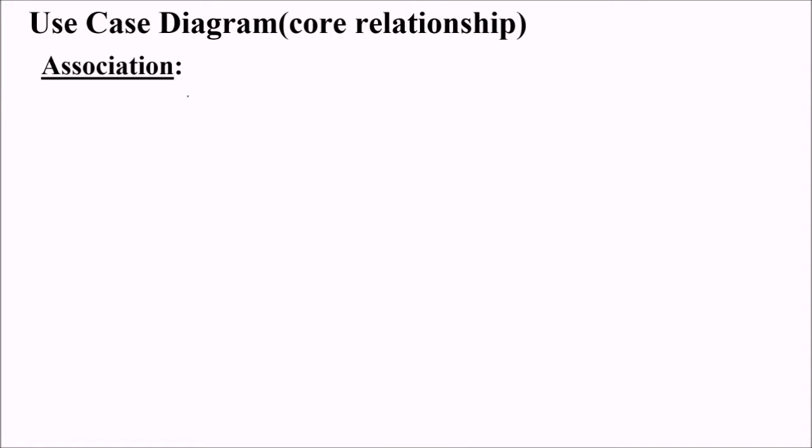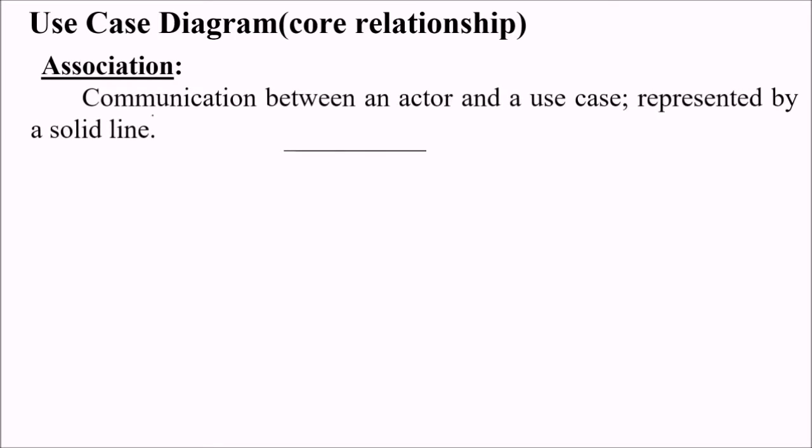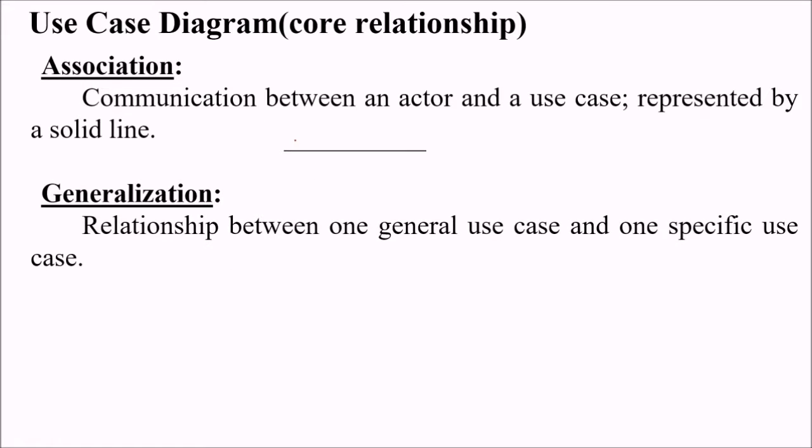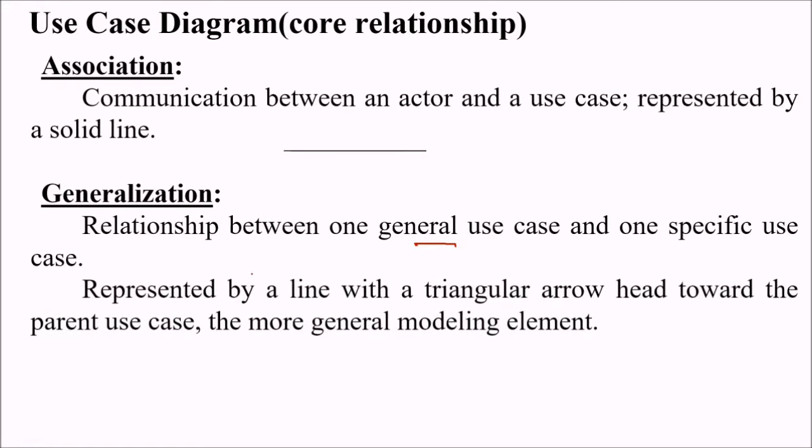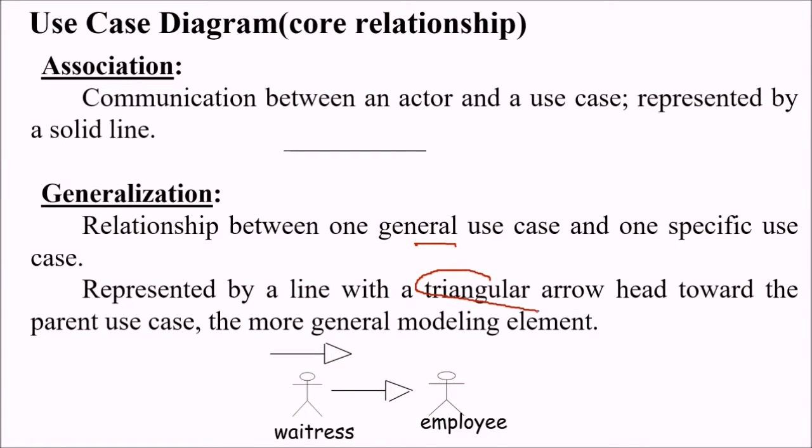Then the association, or you can say the use case diagram, holds certain relationships. This is the relationship, a communication between an actor and a use case, which is represented by a solid line. Generalization means the relationship between one general use case and one specific use case. This is represented by a line with a triangular arrowhead towards the parent use case, the more general modeling